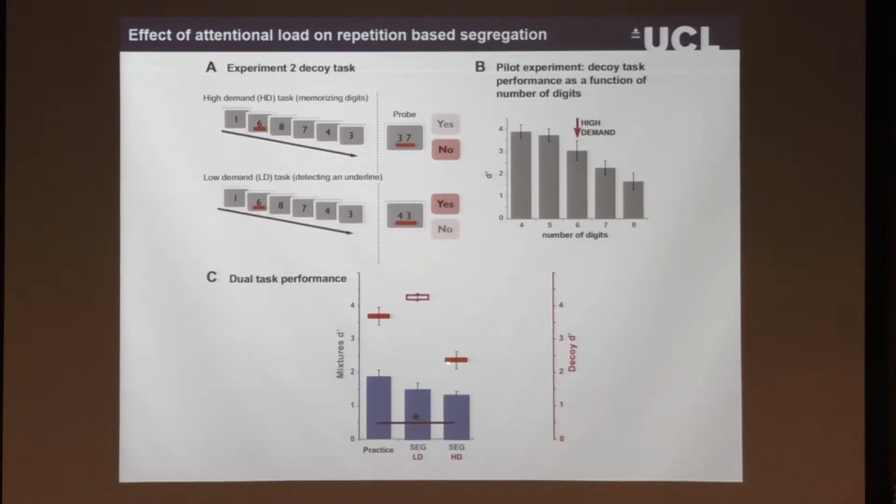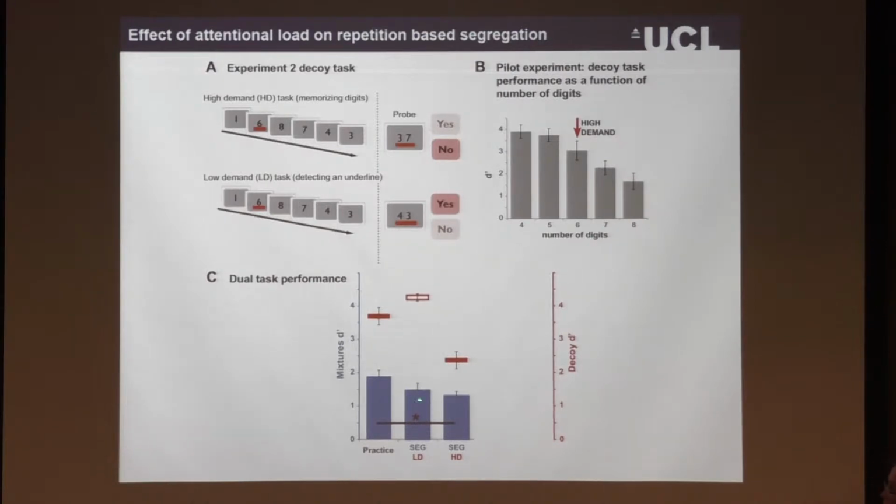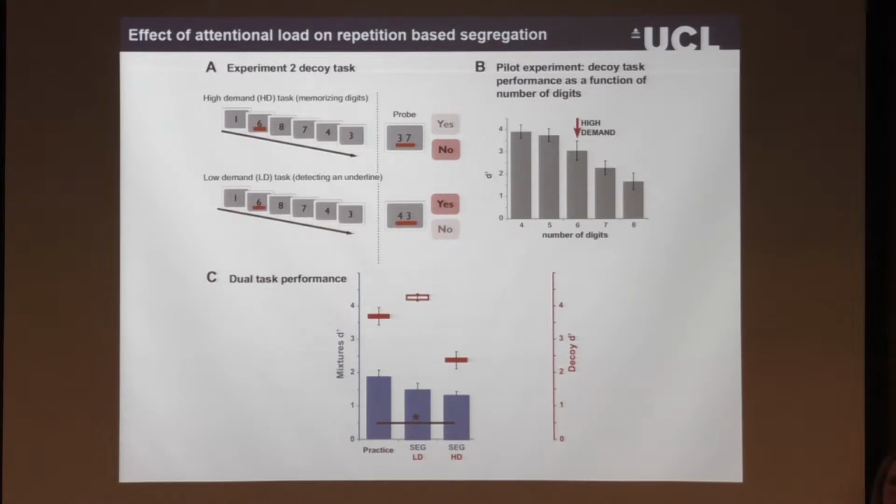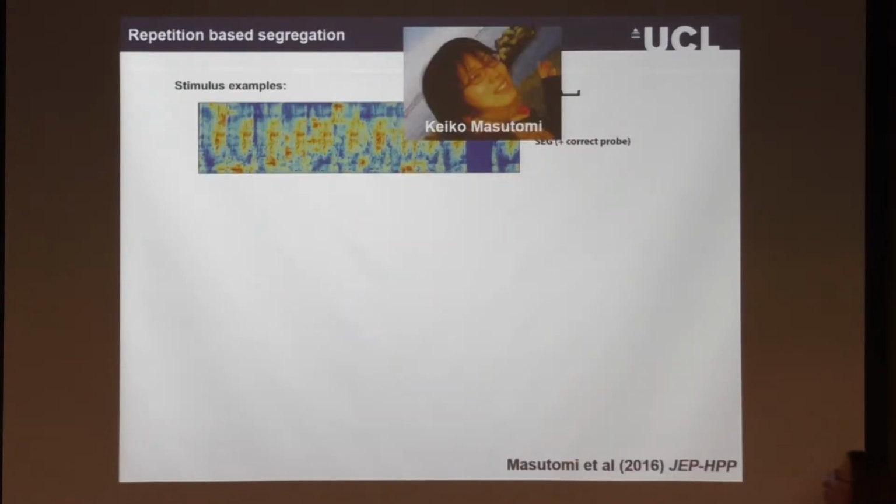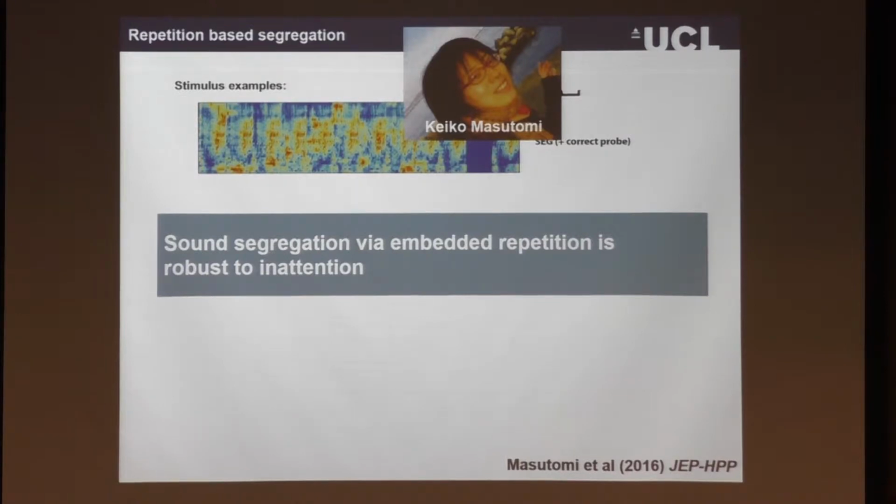For this one, it was already a little bit messier in that there was a drop in performance. So once we added sound, their performance on the visual task that they were supposed to prioritize was already a little bit decreased. Objectively, the relevant differences between here and here that you're supposed to look at, there was a small, significant effect of load. So they were a little bit worse here than they are here. So suggesting that load did affect processing, but the effect was so small that in the study we ended up concluding that